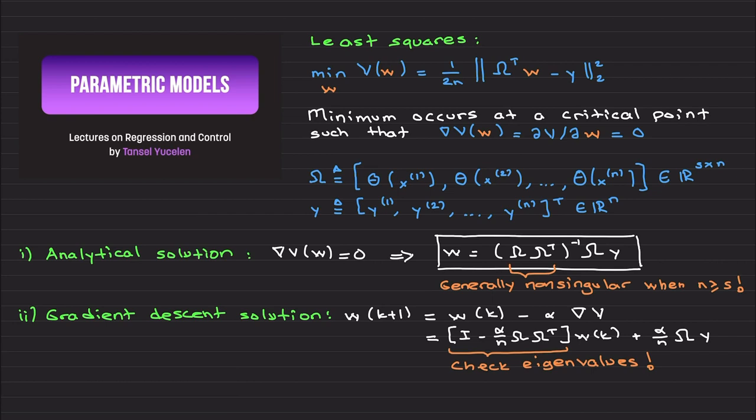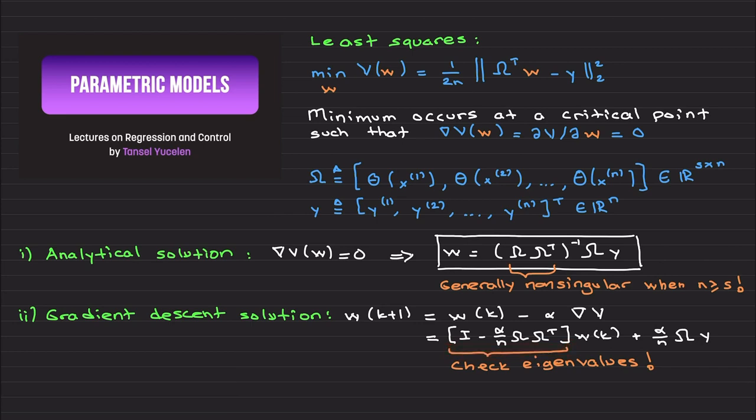You can also find this solution iteratively using gradient descent. In this case, the next value of W will be the previous value minus alpha dV, and once you insert dV here, again, which is in this video as well, all the details are in this video, you can find the gradient descent solution like this, and make sure